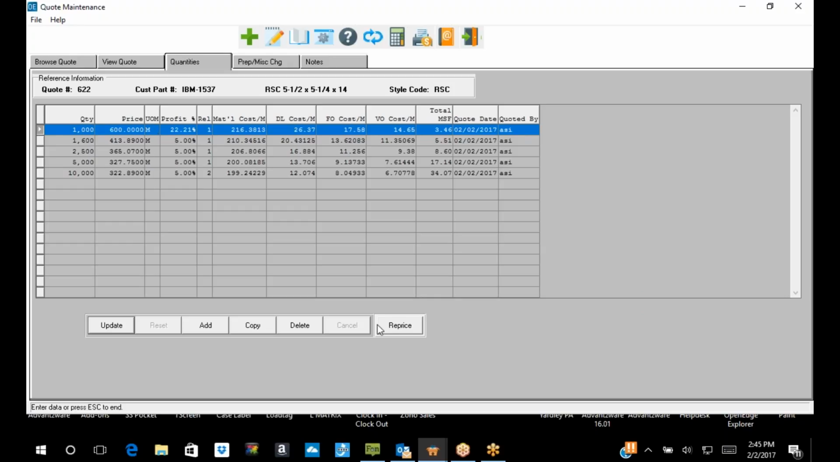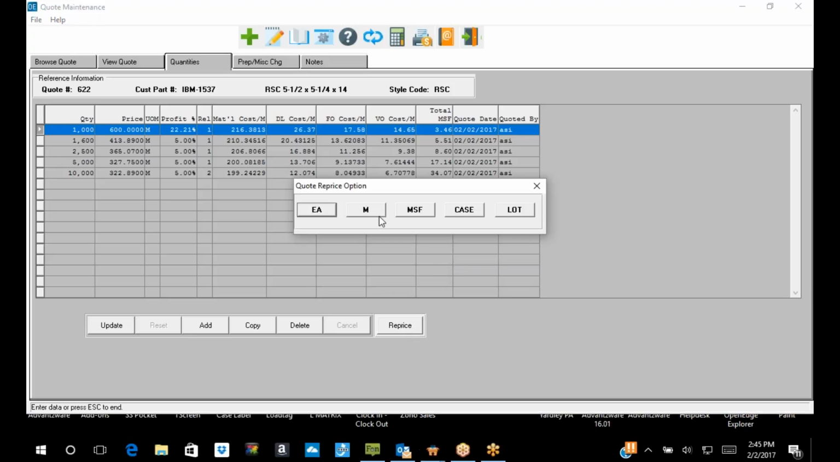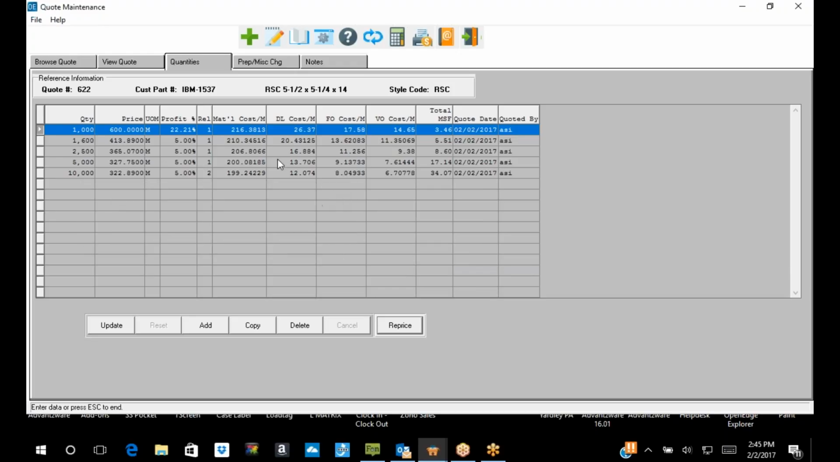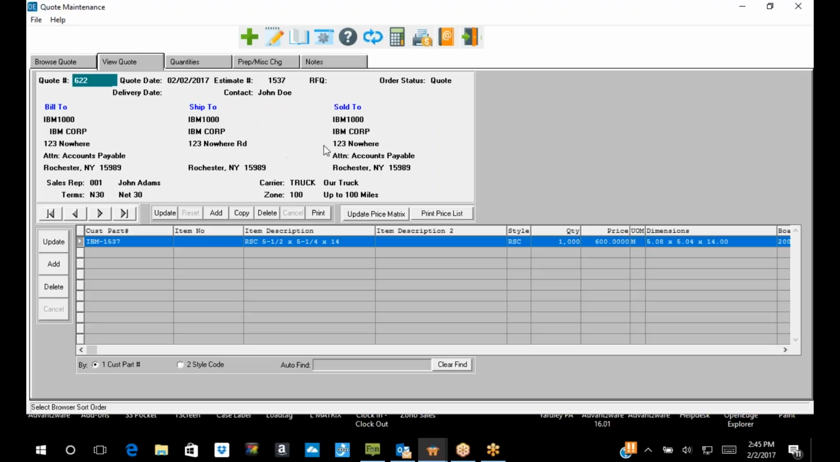You can set this up by customer. I've got it per 1,000, but you can always click here and reprice, which gives you the option to reprice per each, per M, per MSF, per case or bundle, or per lot. And then, of course, if you want to just create that